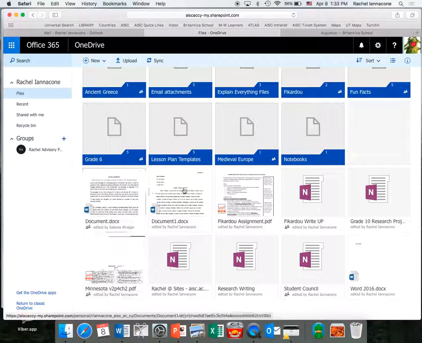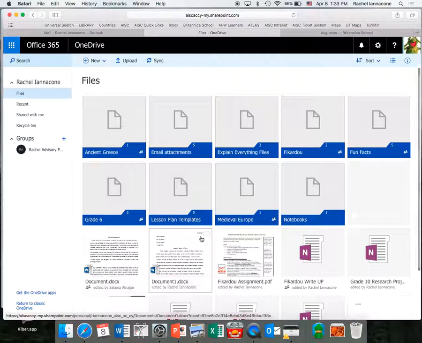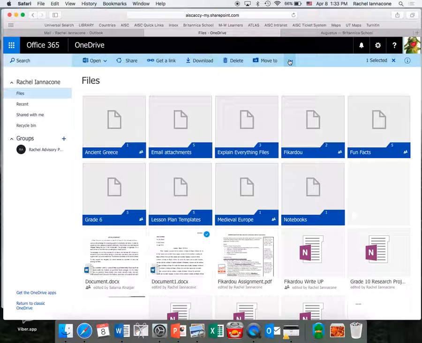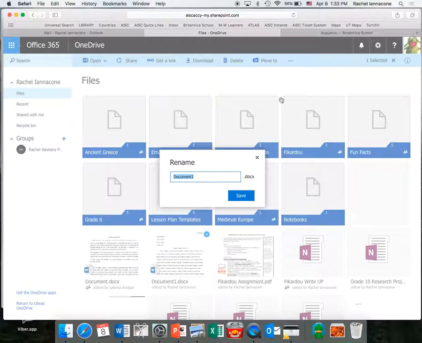So we don't want to have a lot of documents that are just called document. So what are we going to do? We are going to rename it. We do that by clicking on this and clicking on these three dots. We're going to rename it, and it's going to be Savchenko Augustus Essay. That way,